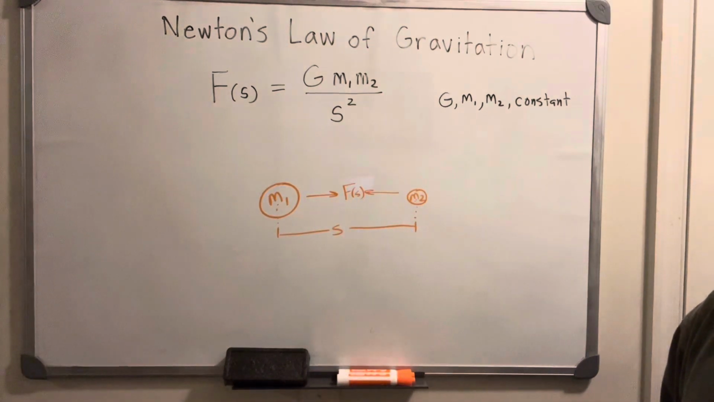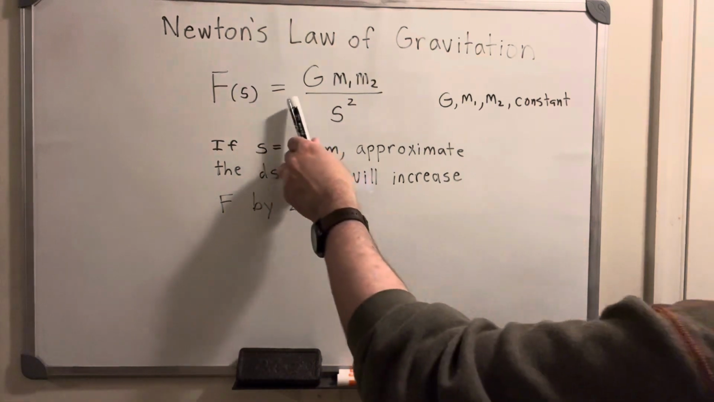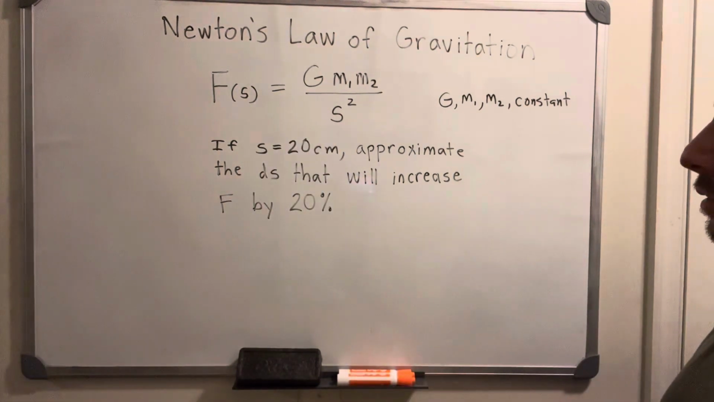And then the problem states, if s, the distance between the two particles, is 20 centimeters, approximate the change in s, ds, that will increase the force of attraction F by 20%. So we're doing approximations. So we need to figure out how to use this information about this function to do